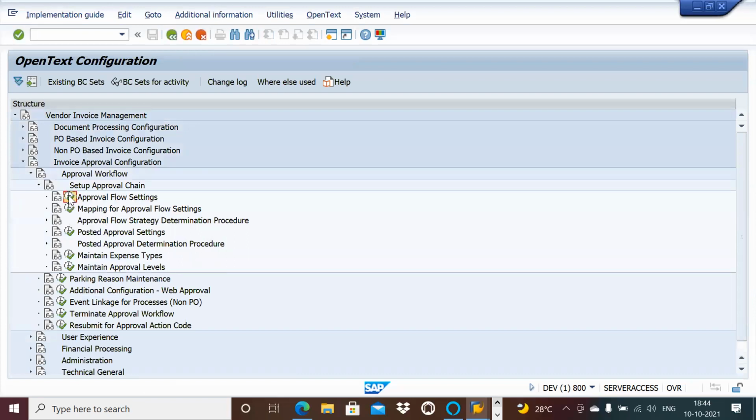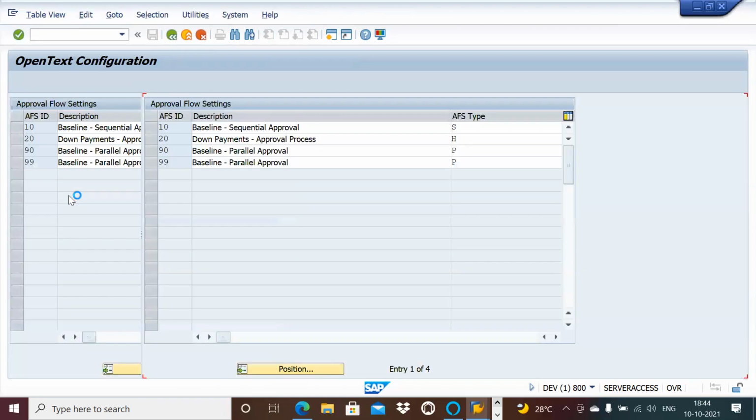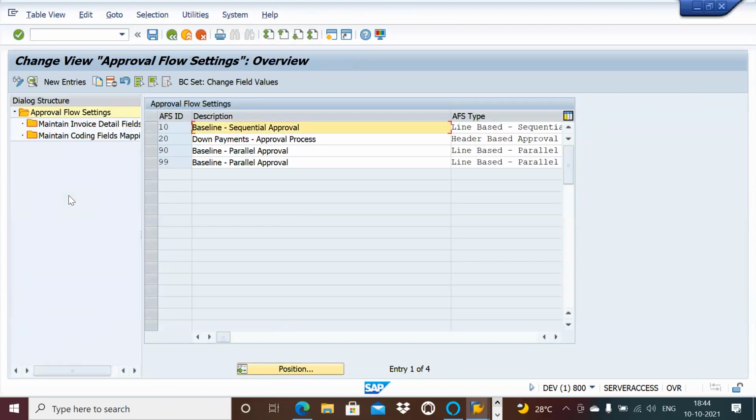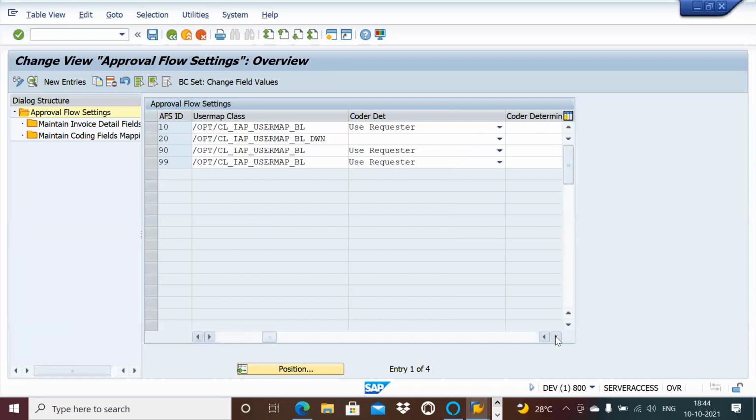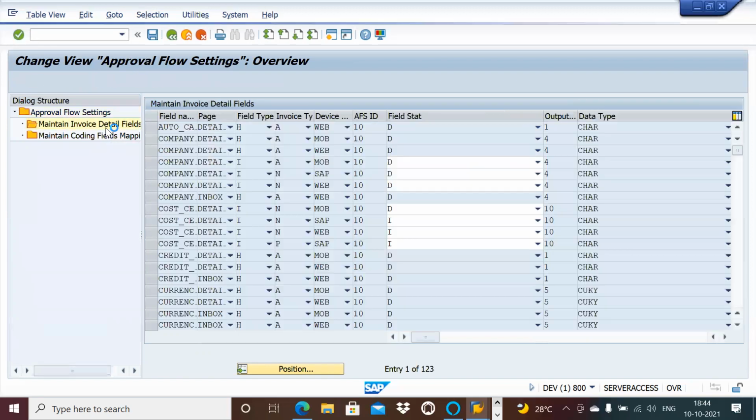So you see the workflow output setting here. This is where you are telling your system whether it is a baseline. I'll help you understand what the baseline, sequential, header level or parallel approval process is. So you are saying this, you will be assigning this, let's say FS. So you are assigning